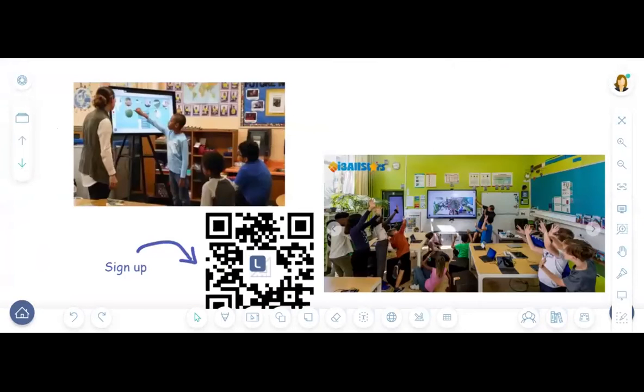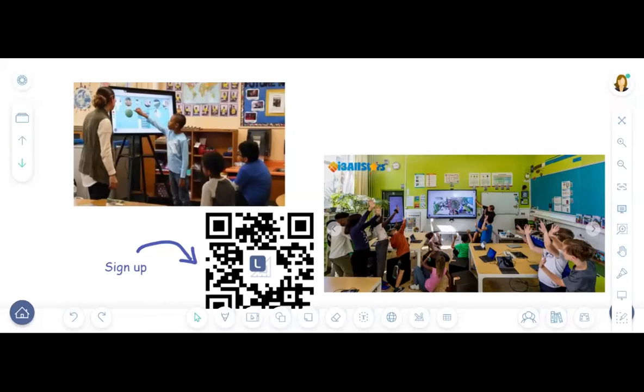So let me explain what i3LearnHub is, because most of you will know BookWidgets, but you don't know what i3LearnHub is. Well, i3LearnHub is a cloud-based solution where you can create interactive lessons to teach in your classroom. The good thing about this is it works on any device. So you can prepare it at home on your own computer and you can open it in your classroom, whether you have the same computer with you or you just use your classroom computer. The only thing you need is the internet and the URL